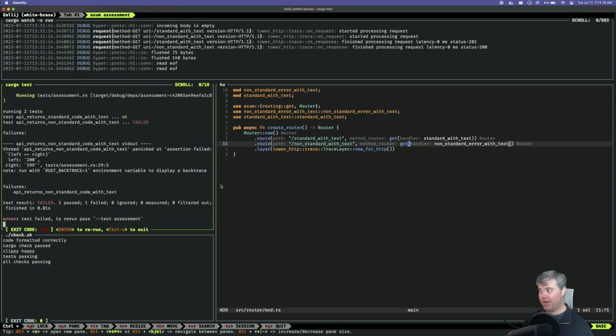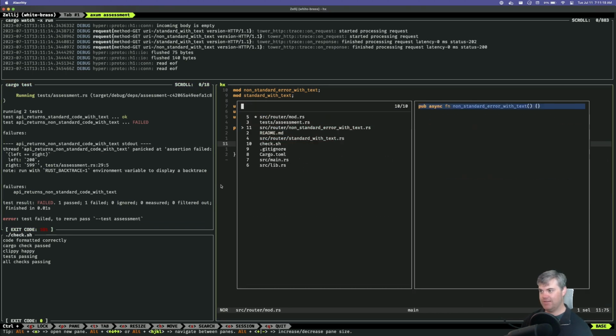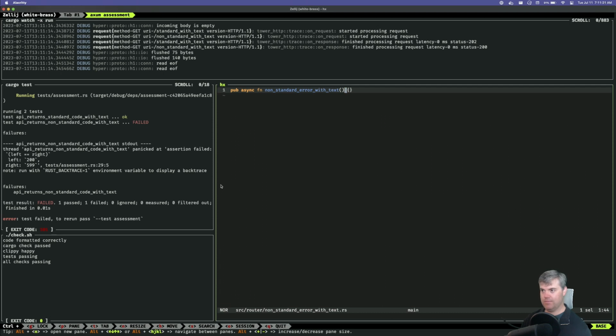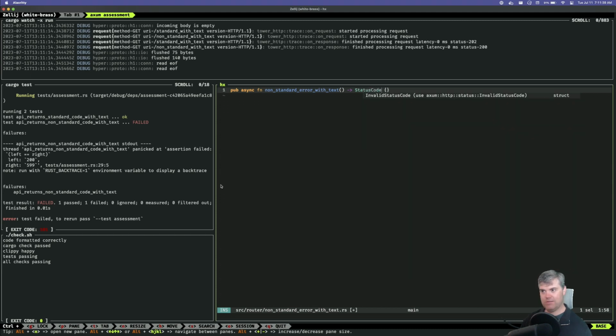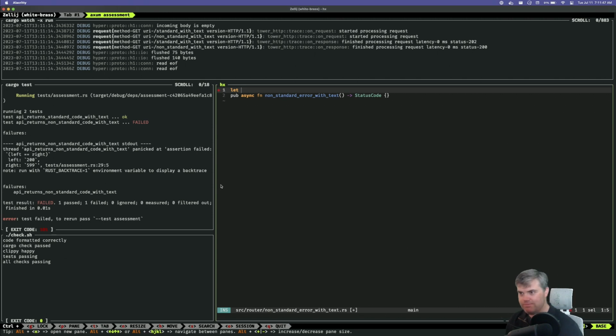Okay, now I got a 200 and it's supposed to be 599. Now, if I were to actually do this in the hostile dev sort of pattern, then I would just return a status code here. Why can't you find that? Sometimes Rust Analyzer doesn't show me the right status code.